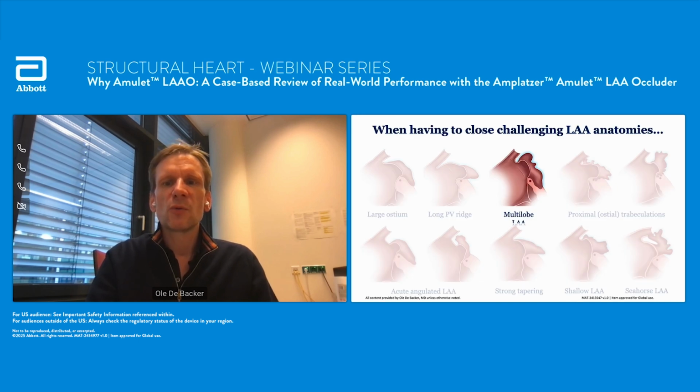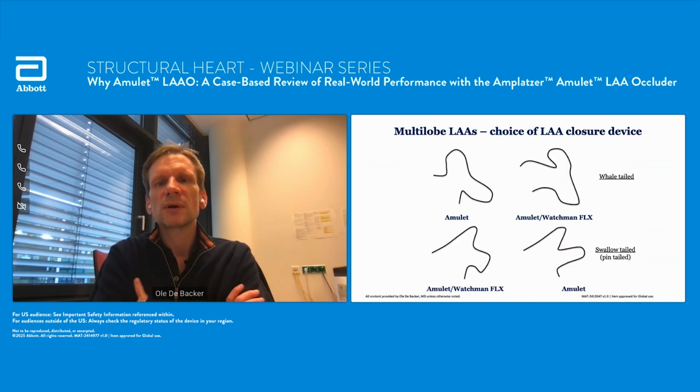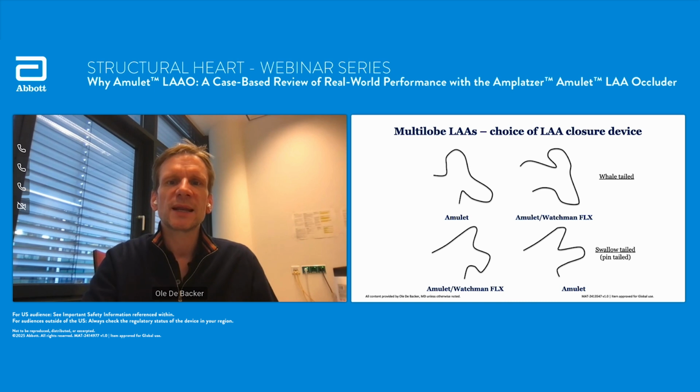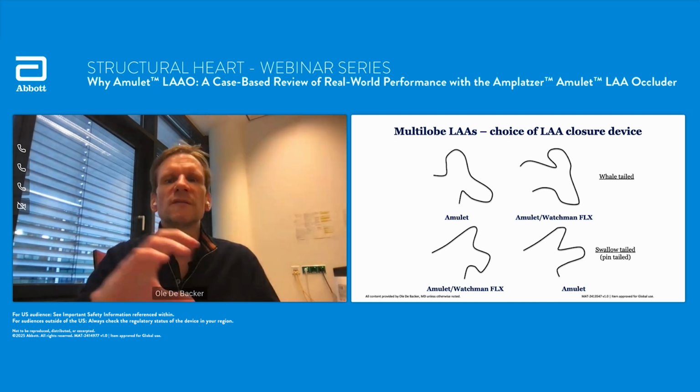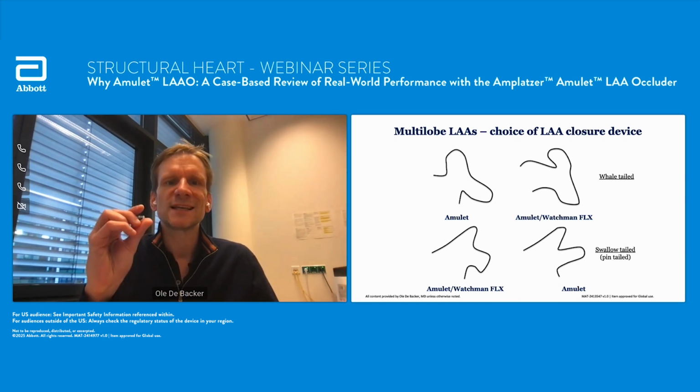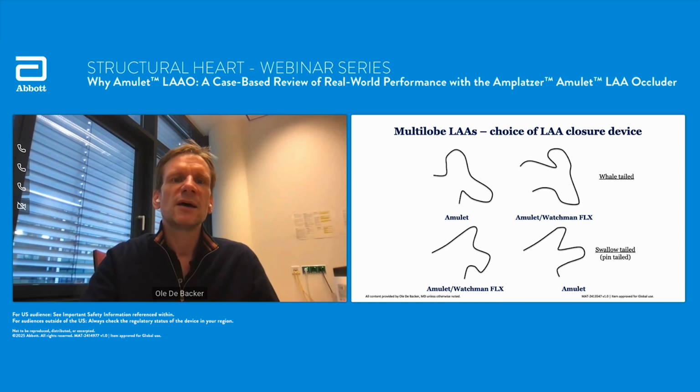Going further, multi-lobe LAA, I'm not going to show you cases of that, but just some theoretical drawing here. You already heard, you have whale-tailed or swallow-tailed. Well, these whale-tailed anatomies you sometimes have. I would say as long as you have some kind of neck proximal to the whale tail, you can close this with any device. But if you have almost no existing neck and immediately a whale tail, of course,